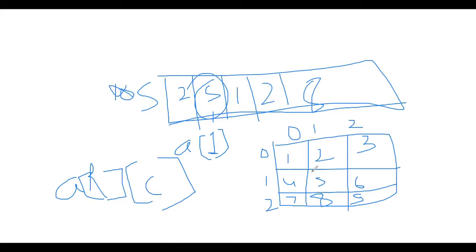So here if you have to go to 5, how will you reach 5 in this matrix? You have 1 of 1. Yeah, so in the two-dimensional array, we say it in the same way. The way to reach 5 is array of 1 of 1. So in an array, it's very easy to traverse, whether it's a 1D array or 2D array, right?